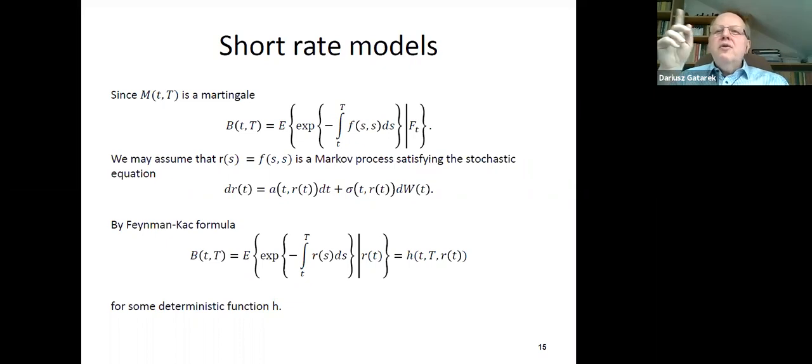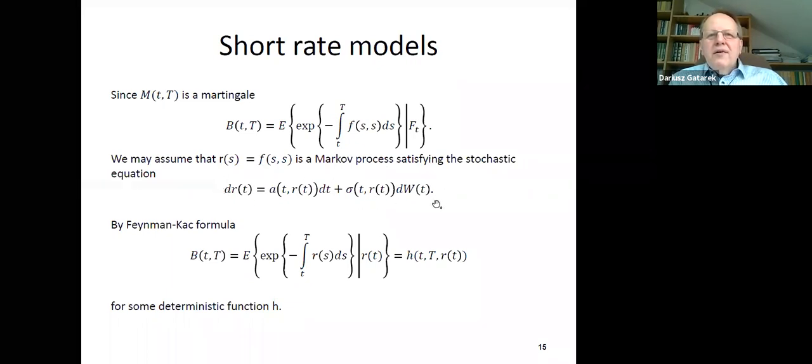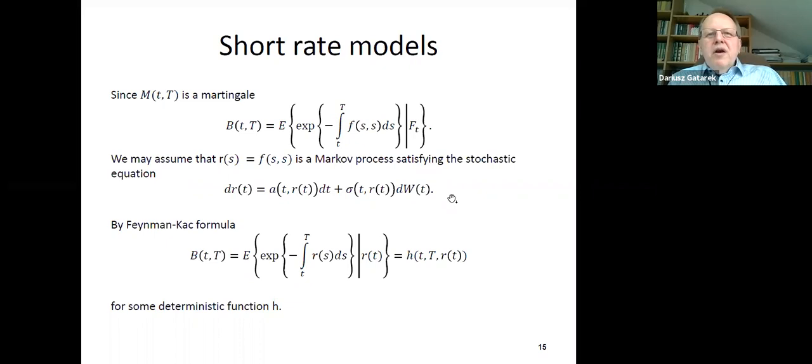So relation one-to-one between functionals of stochastic processes and partial differential equations. Okay, so if we assume that this process is a single-dimensional Markov process, so namely it follows the following Ito formula, so traditionally the Ito equation that you know probably from your courses in stochastic processes. So by the Feynman-Kac formula,